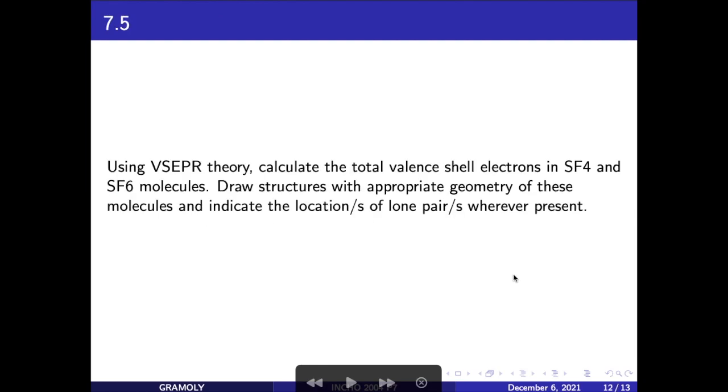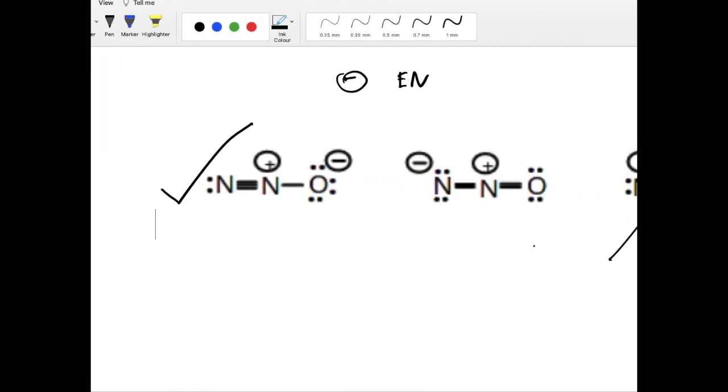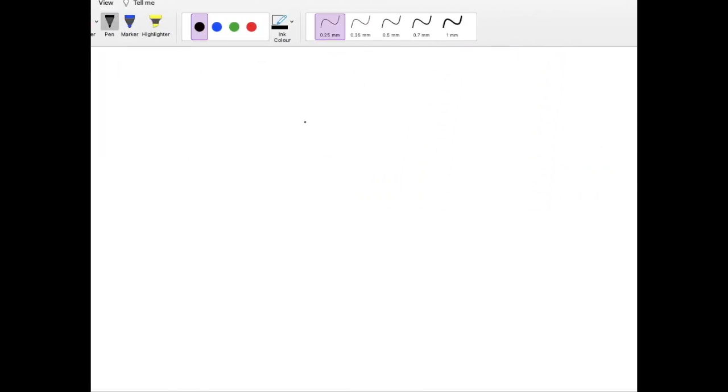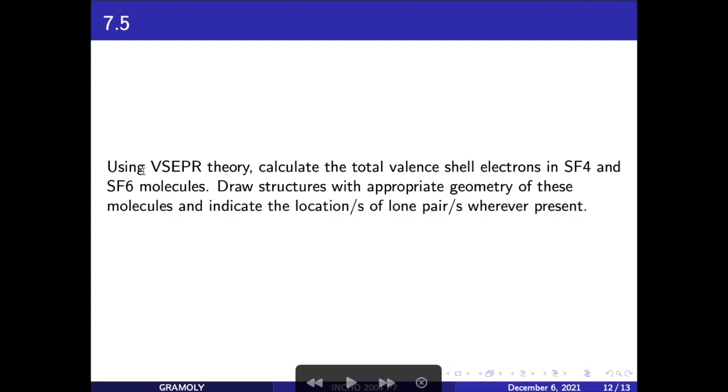Now coming on to 7.5, which is the final question, I assume. So 7.5 says, using VSEPR theory, calculate the total valence shell electrons in SF4 and SF6. Draw structures with appropriate geometry of these molecules and indicate the locations of lone pairs wherever present. Alright, so for SF4,